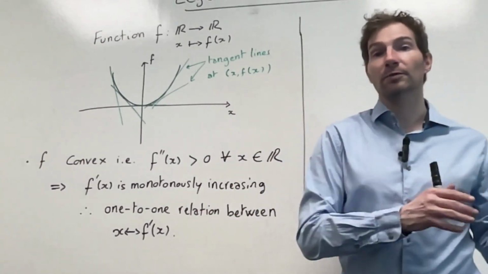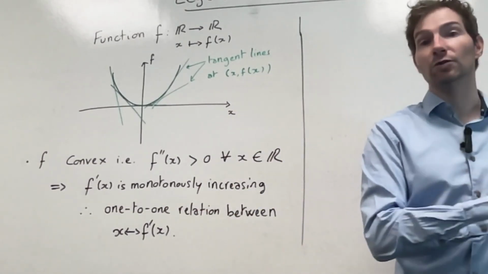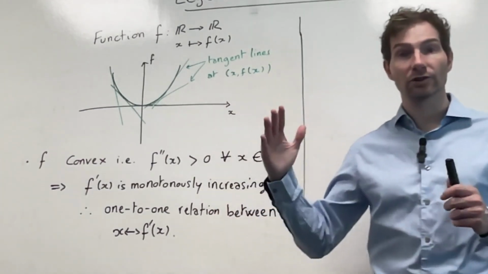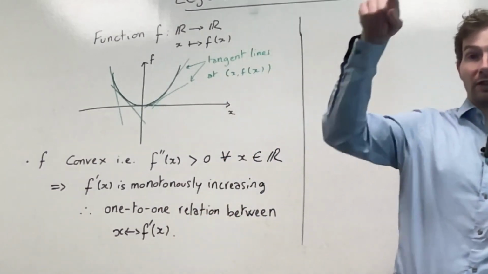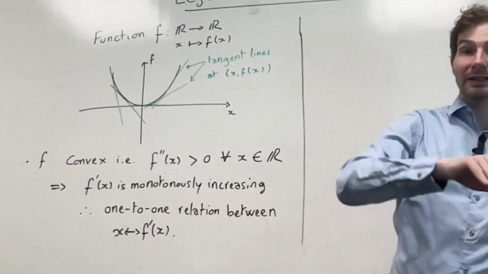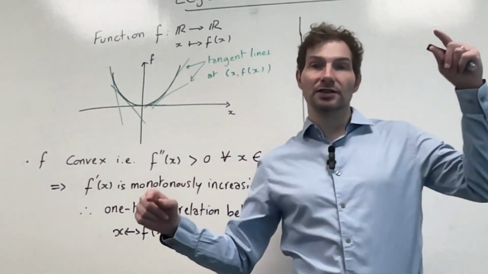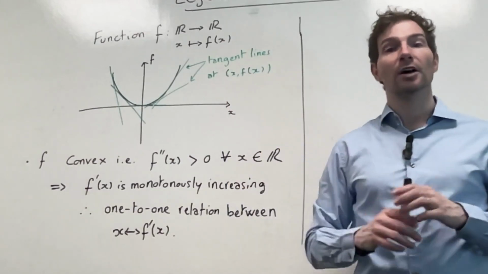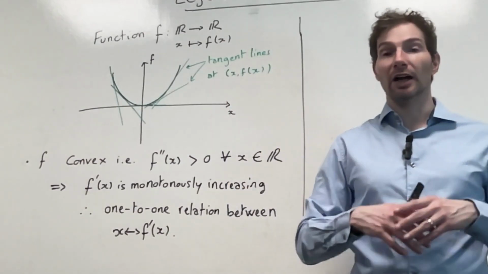Now, if you have a function that is monotonously increasing, so it's always increasing and never plateauing or going down, then basically you can create a one-to-one relation between